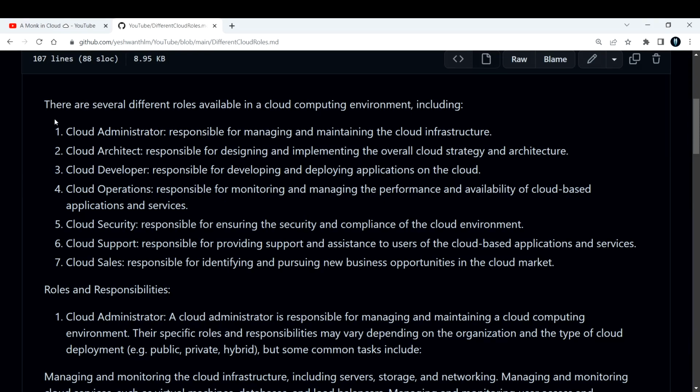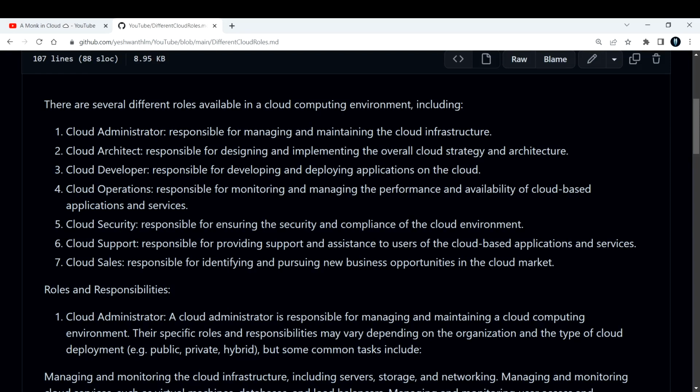All right. So now let's discuss what are the different roles available, and later on let's dive into the roles and responsibilities of each and every role that is present here. I'm not saying that these are the only roles that are available in the market, but according to my knowledge, I've covered almost all the roles that are available in the cloud industry. If I'm making any mistake, please make sure to comment below so that I can also learn and improve along with you.